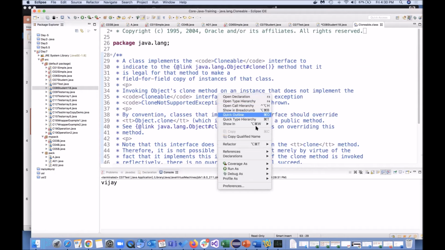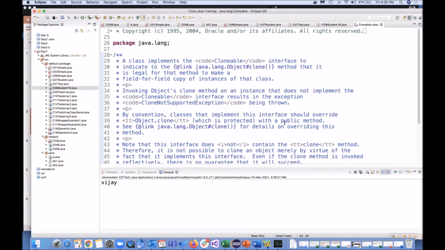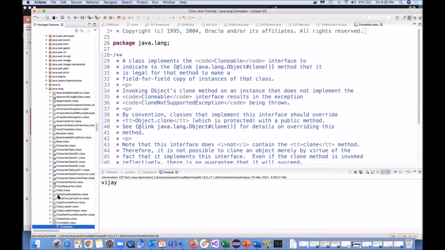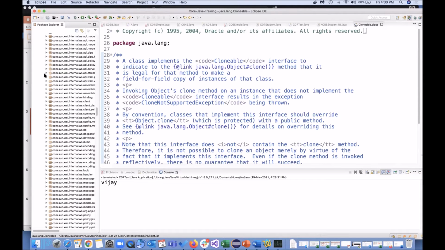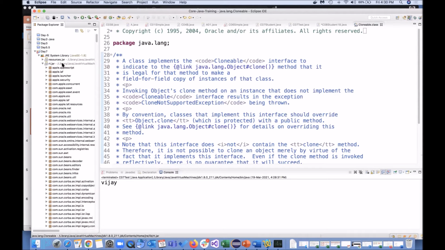Right click, maybe show in package explorer. See here, in the java.lang package, there is the Cloneable class. Can you see this? rt.jar, the runtime jar. This jar is a system defined library, and in the system defined library, the package is lang.